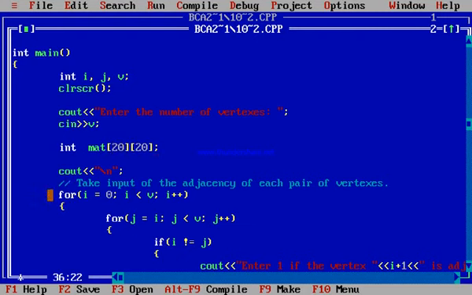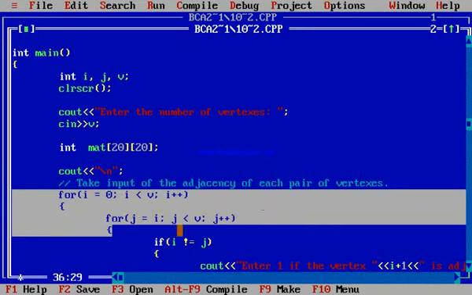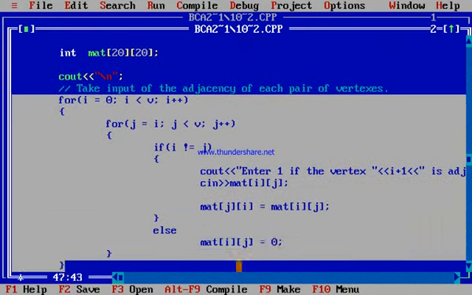Then here you can see the for loops. Here we can see two for loops. These two for loops are for taking the input from the user. Here a two-dimensional array is taken, that's why two for loops are taken here.